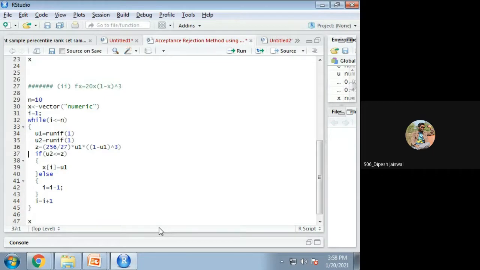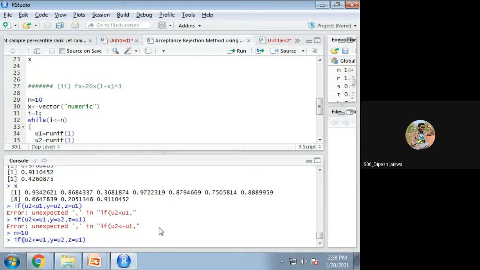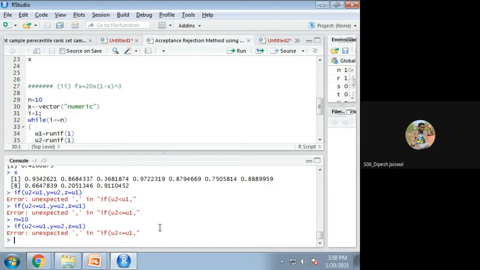So this bracket starts here, closes here, this if bracket starts here, closes here, else bracket starts here, closes here. So there is no issue. There is no need for a semicolon. If you wish to write several statements, then you can give the semicolon in a single line. What happened?